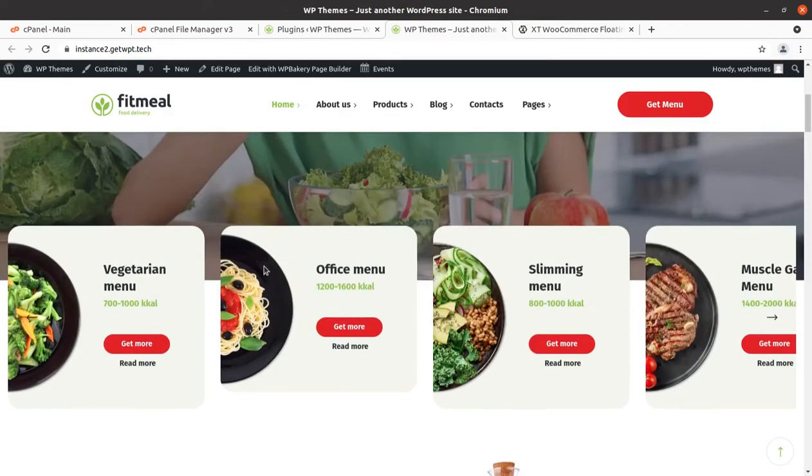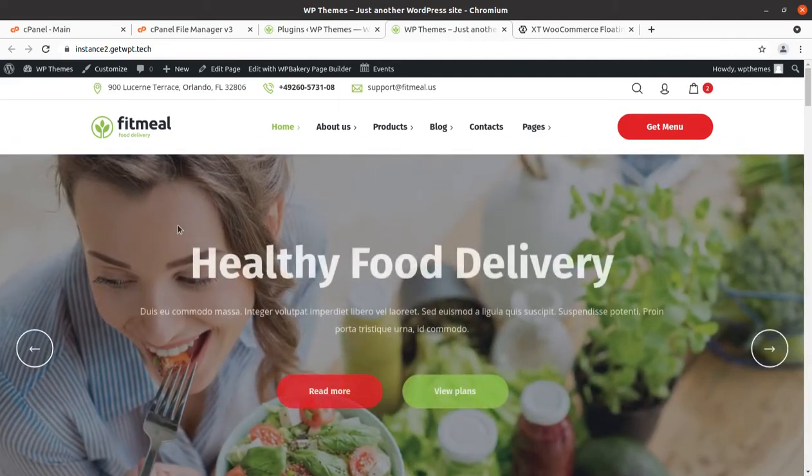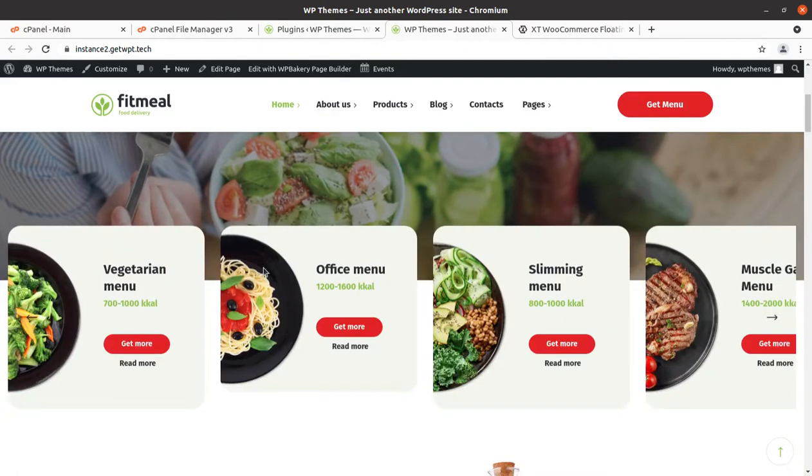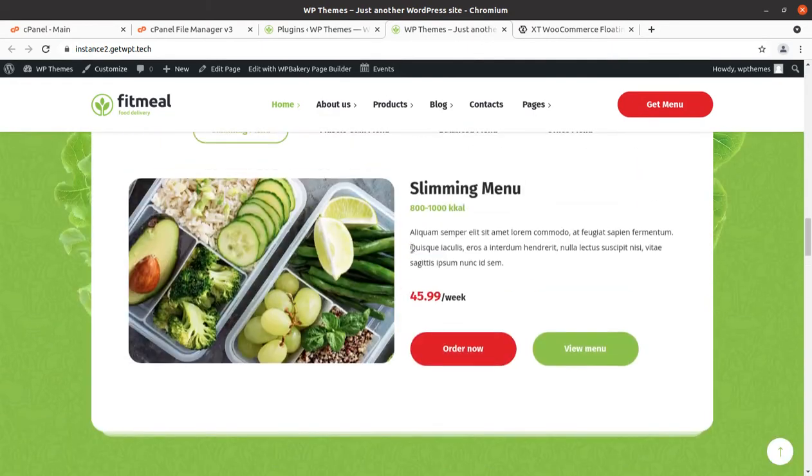This is a demo website that I installed during one of my videos, and it is an e-commerce website with a very simple cart option like this.